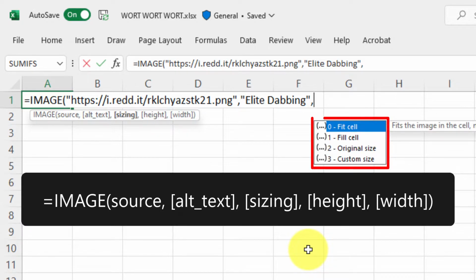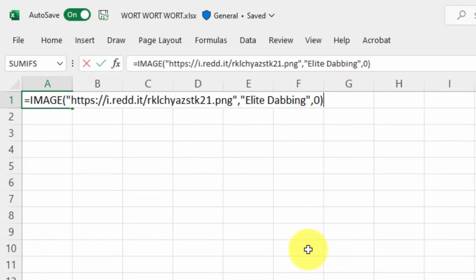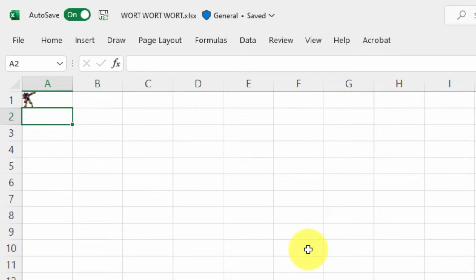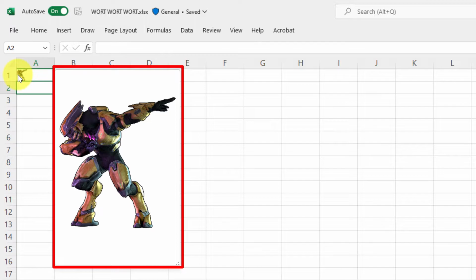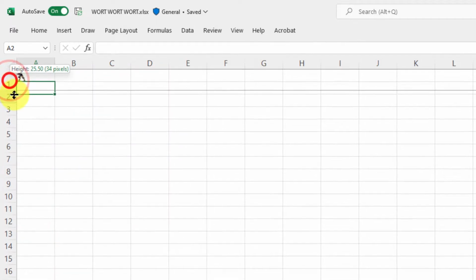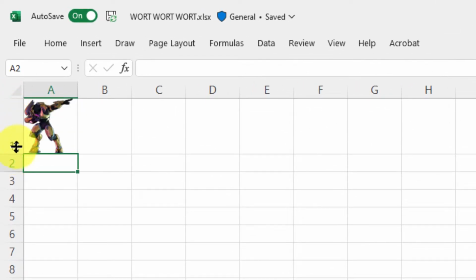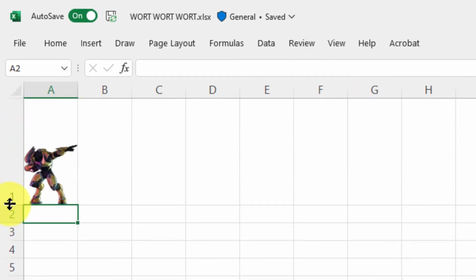And then I have sizing options. We'll go through a few of these during this video. But to begin with, I'll just select 0, which will fit it to the cell. This helps ensure that the aspect ratio is maintained across my entire document. And hovering over the image, I get a larger preview of the image itself. I can also resize the cell, and as you can see, the image will increase in size until it fits the cell as per my formula.